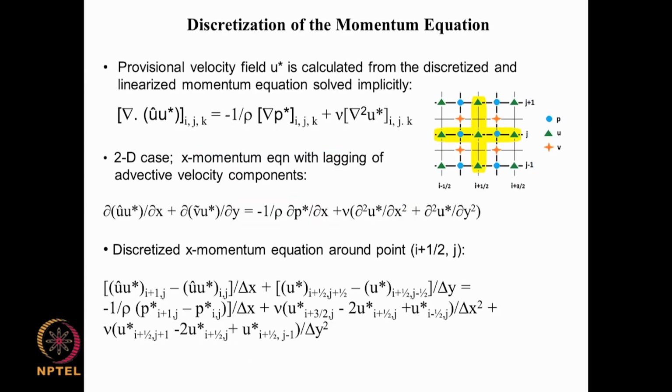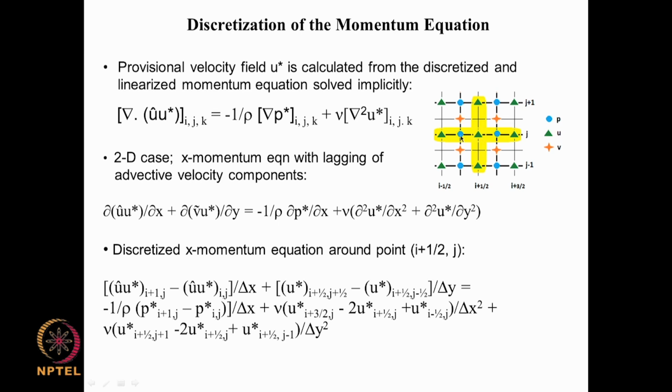So in this short lecture we look at how to deal with the discretization of the momentum equation on the staggered grid, which is shown in the small figure here. Here we are looking at discretization of the x momentum equation, so as to understand the intricacies involved in this. When we are looking at an x momentum equation, the u is evaluated at i plus half, j. So we are looking at discretization of the x momentum equation at this particular point here,